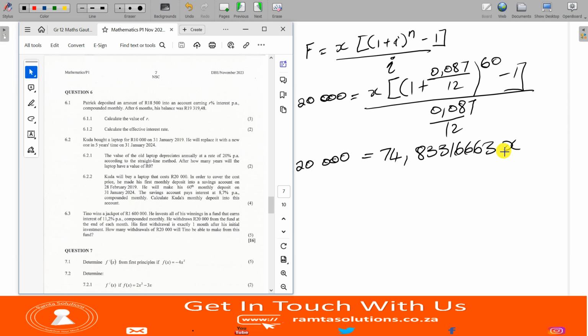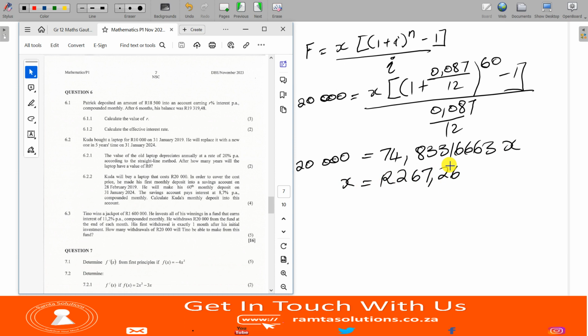Your answer is what is called ANS there. So you say 20,000 divided by ANS, what do you get? Your answer now becomes 267.26. So in other words, Kuda has to invest per month 267 rands and 26 cents for 5 years towards